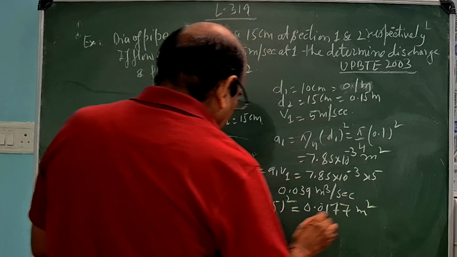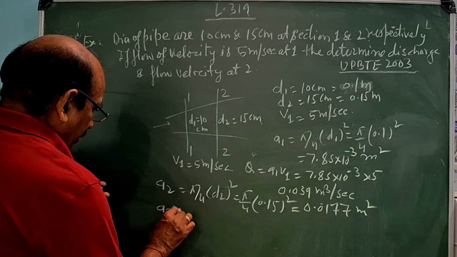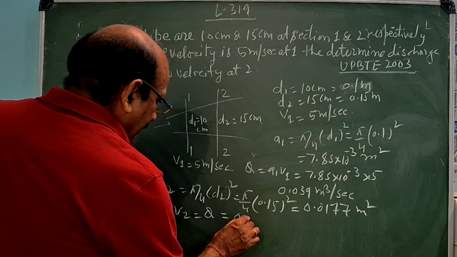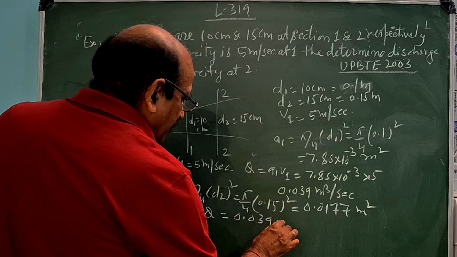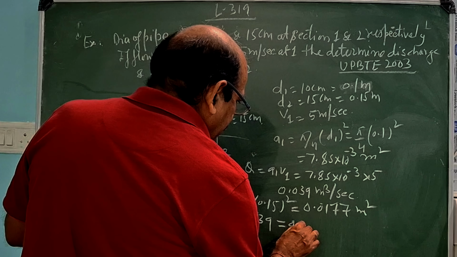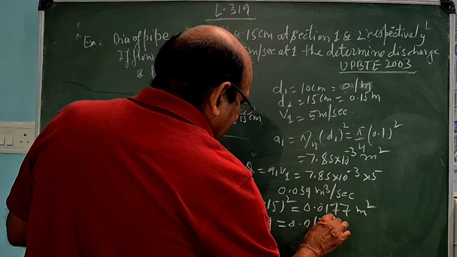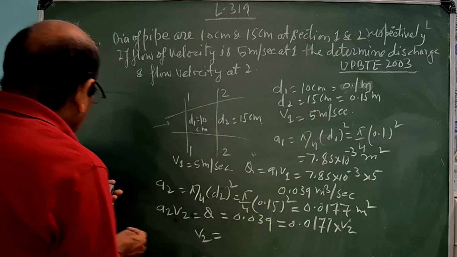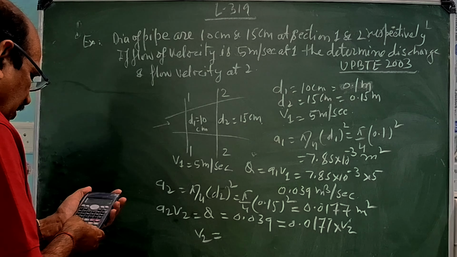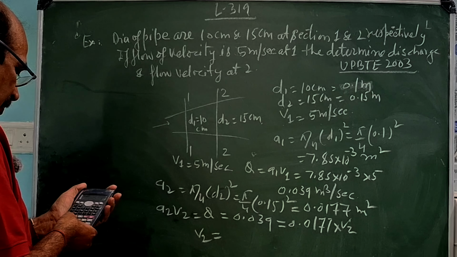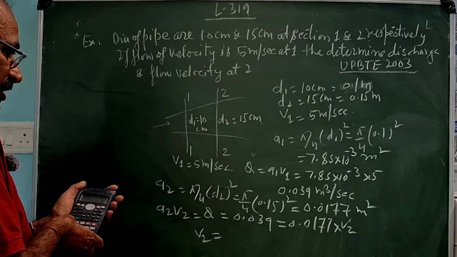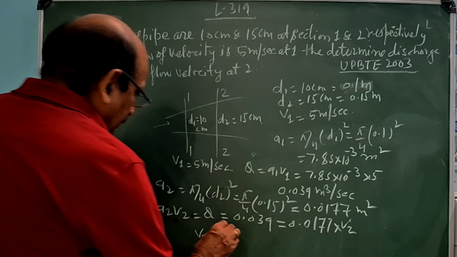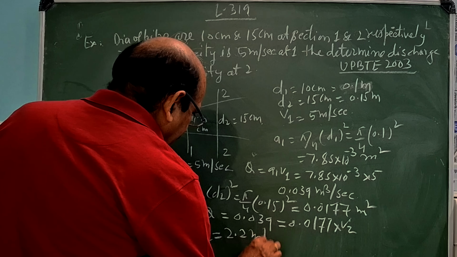Now A2 V2 equals to Q. So Q equal to your 0.039 equals to your A2, that is 0.0177 into V2। So V2 equals to 0.039 divided by 0.0177। This is 2.2 meter per second।